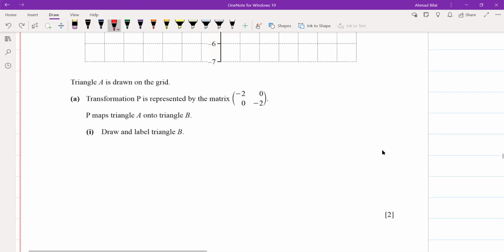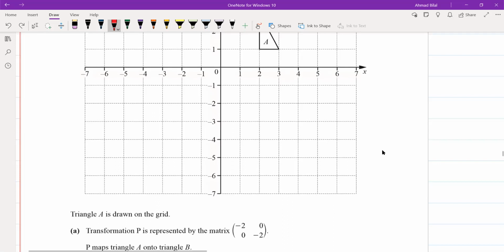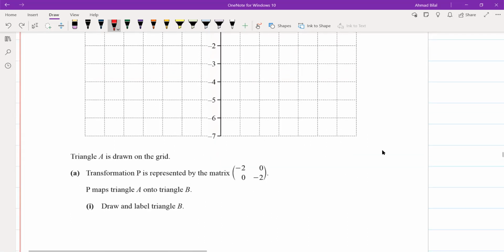ठीक है, अब इसको पता है आपको दो मेथड्स होते हैं इस तरह के प्रॉब्लम्स को करने के। Either you can figure out which matrix this is representing. So if you remember your matrices, तो ये कौन सा matrix है? It's of that form K 0 0 K, जहाँ पे आपका scale factor जो है वो K होता है। It's an enlargement हो रही है with scale factor -2। आप इस मैट्रिक्स की बात करो, you can figure this out कि कौन सा मैट्रिक्स को रिप्रेजेंट कर रही है, कौन सी ट्रांसफॉर्मेशन को रिप्रेजेंट कर रहा है ये मैट्रिक्स।